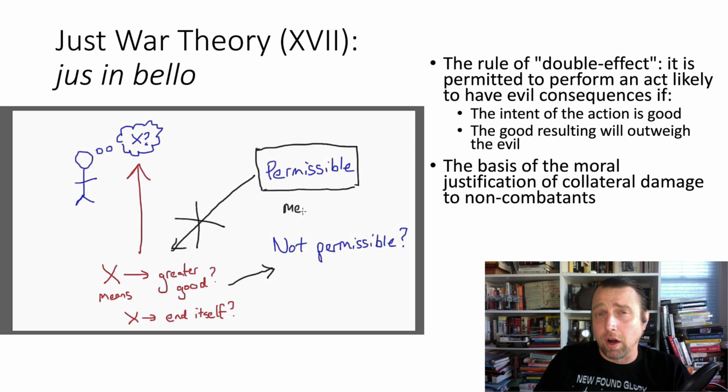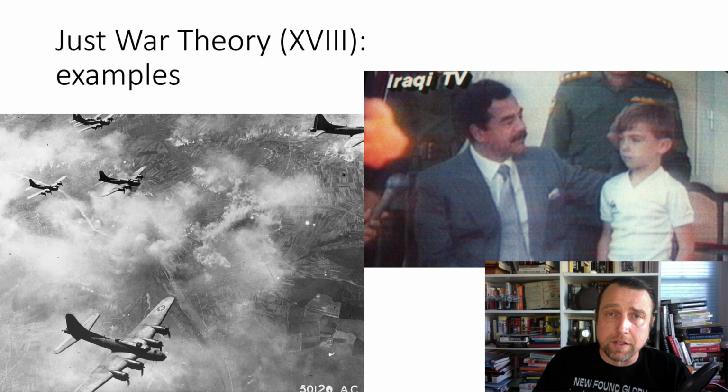These casualties are morally permissible, so long as the other conditions are met and the value of the military target outweighs the moral cost of killing innocent people, which is a very difficult calculus to make. As long as the intent is not to kill the non-combatants, but is rather to destroy, say, the factory in which the workers work, then killing these non-combatants can be permissible in certain circumstances. We can see how this works with two quick historical examples.